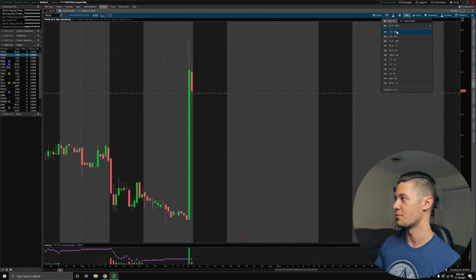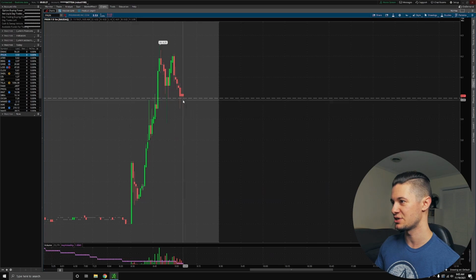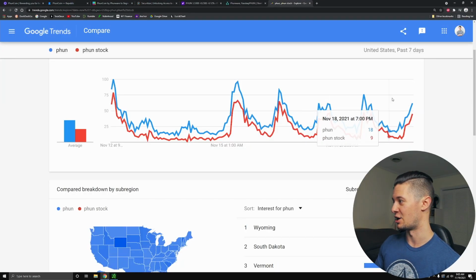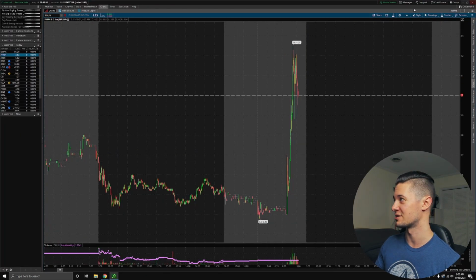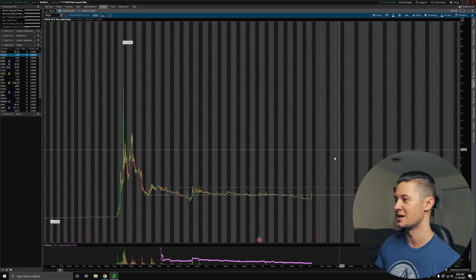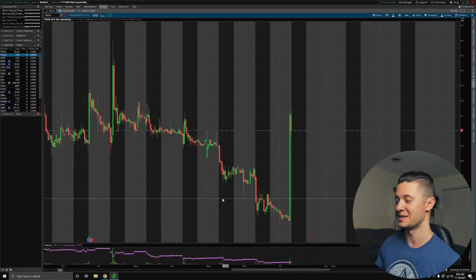It looks like we broke up above $4 and are now potentially going to be using it as support. That's what it's looking like at the moment, at least. We'll have to see. Obviously, a lot of people are in this stock because of the potential for it to be working with Truth Social in the future. So this has a lot of things going for it now, right? It has the Bitcoin community, it has the Trump community, and now it has its own coin that's trading. So a lot of people may be wanting to trade PHUN because of that. So this is looking like a better and better stock. The longer it goes on, they certainly have a good management team that knows how to get in on a lot of hypey catalysts. So I could certainly see this stock moving up in the future.